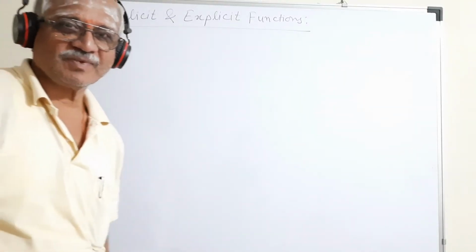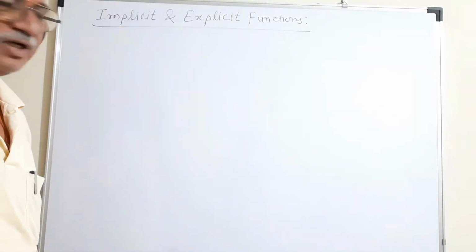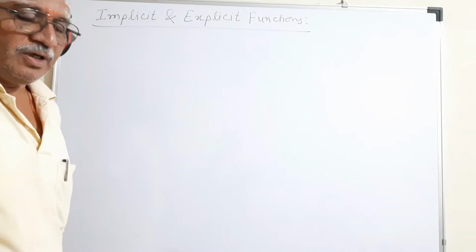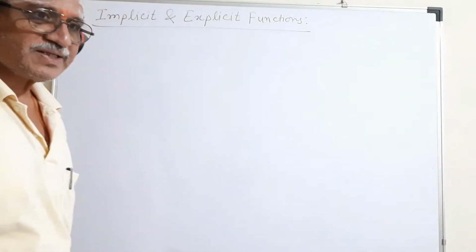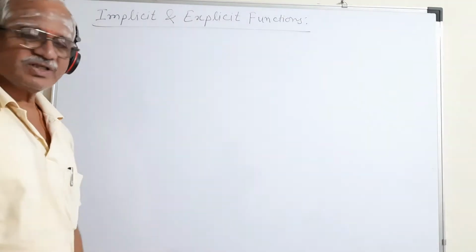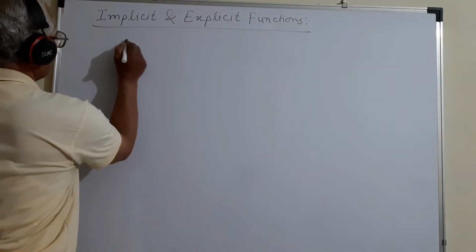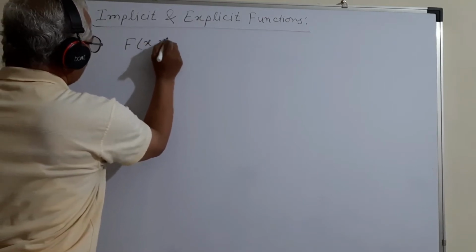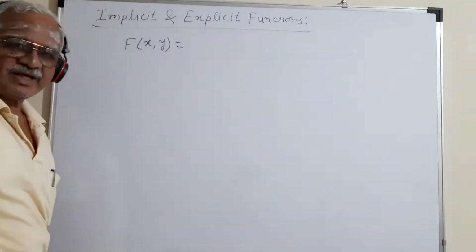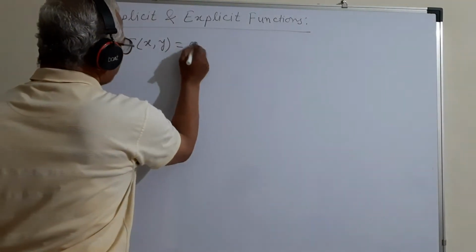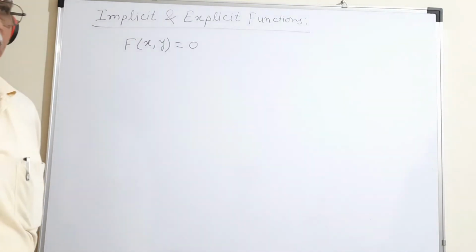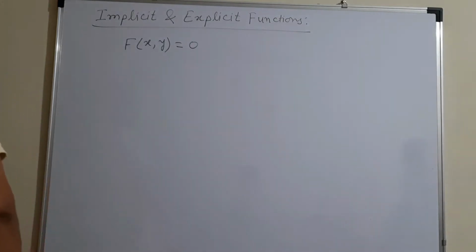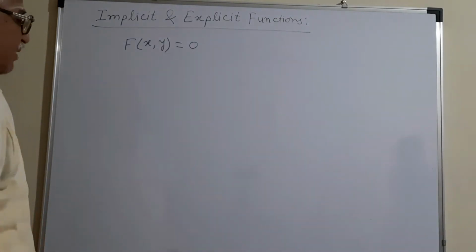Good morning, all. Today we will study the concept of implicit and explicit functions. While studying physics, on a number of occasions we come across the situation that a certain function f of the two independent variables, say x and y, is equated to 0. So, in such cases, it is possible for us to obtain dy by dx